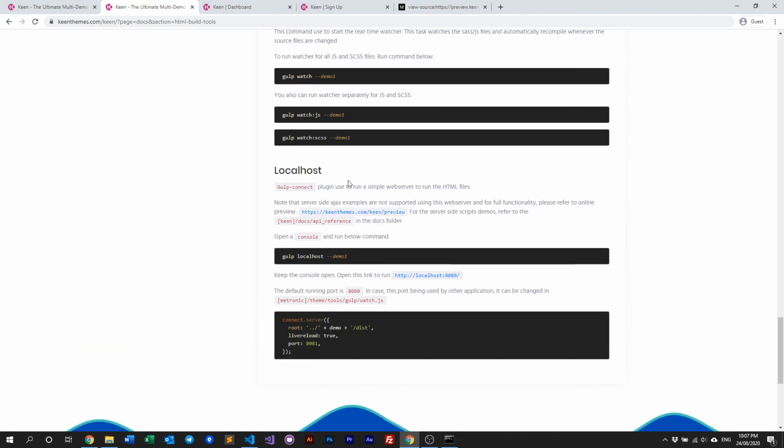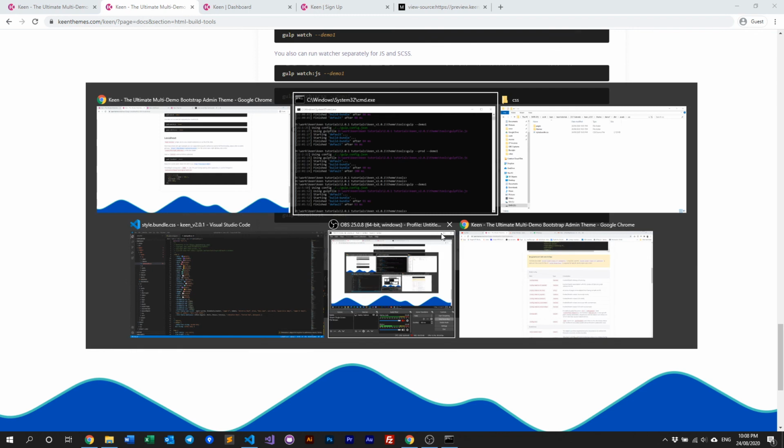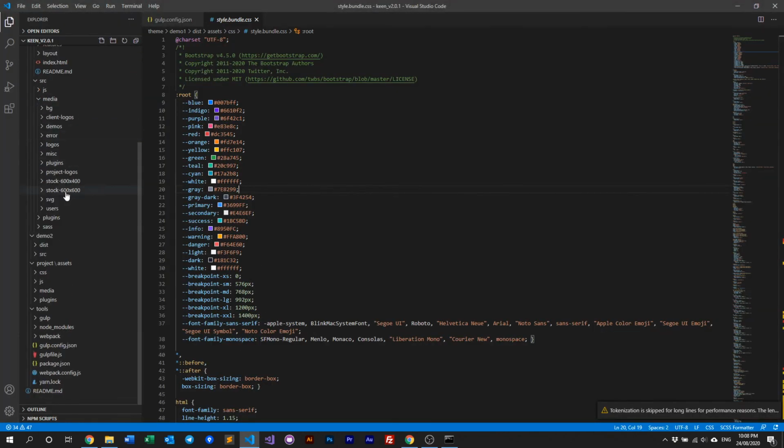But finally comes our localhost commands. To start a localhost environment, all you need to do is just type this command, which is gulp localhost, and then the flag. The flag basically says which demo you would like to build or showcase in your localhost. And it will automatically use the port 8080. Now, if you want to change this port to something else, for example, let's say this port is being used for another project, for another environment, you can change it within the gulp watch file, which is, if you scroll down to our tools,